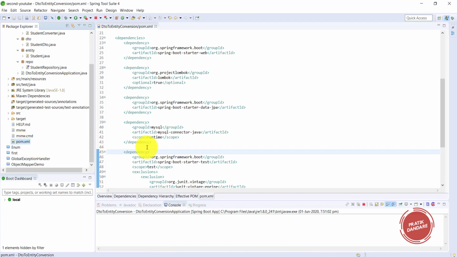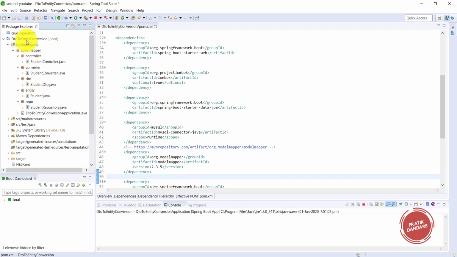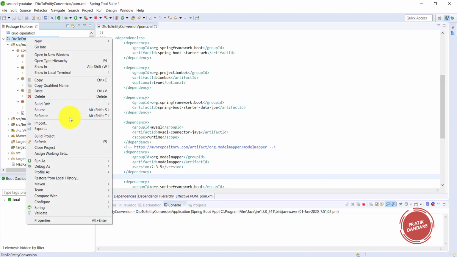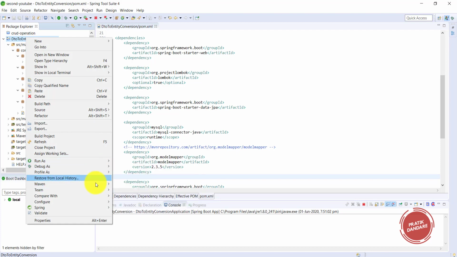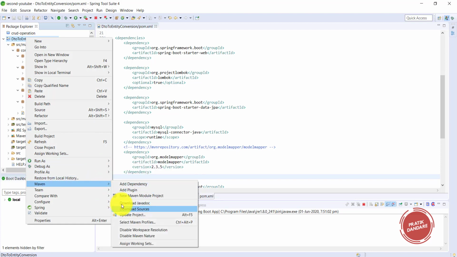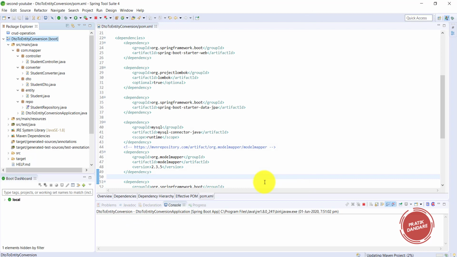I am pasting it, and you need to update the project once, or if your auto update is on, it automatically gets downloaded. My automatic update is not on, so I am updating it.